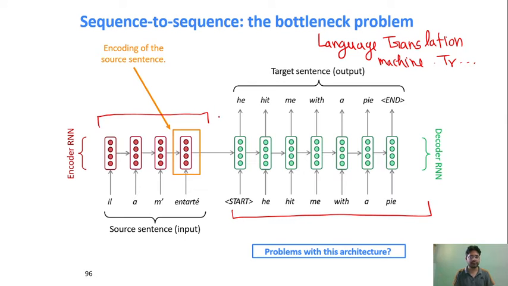So how exactly will it do this? First, we'll take an RNN that will encode the input information. Then we pass this to another RNN, that is the decoder RNN. And then this decoder RNN will take the information which is encoded here, and then it will start the decoding process.